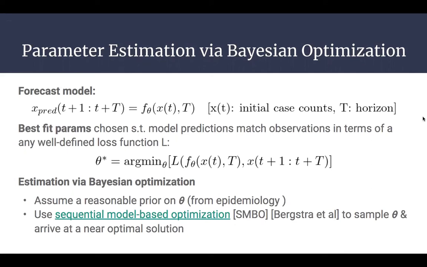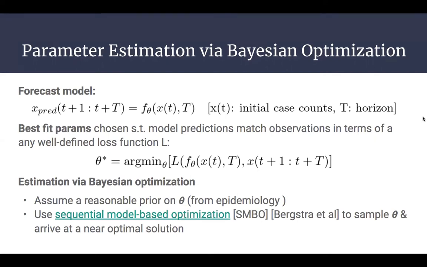As with any supervised learning, there are two phases: training and prediction. In the training phase, the goal is to find good parameters for a specific model family using the observed data. The model family is usually described by a parametric form, say f theta here. The SEIHRD model in the previous slide is an example of such a family with theta representing all the